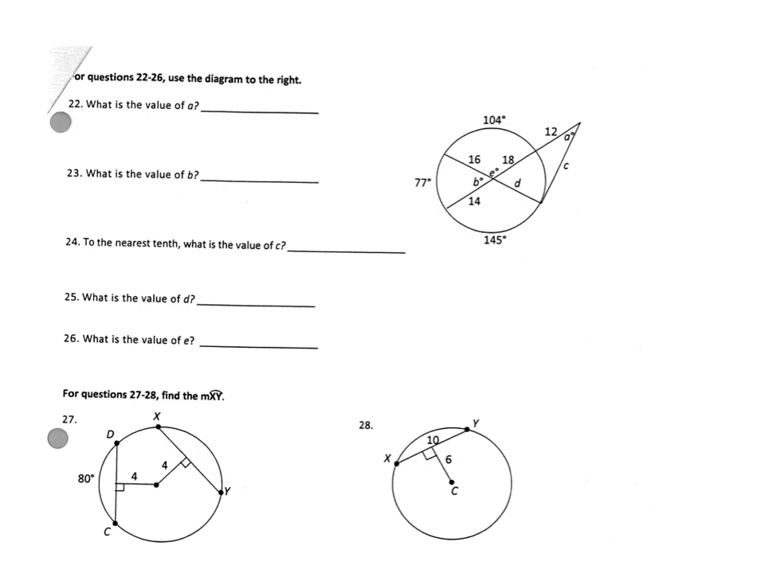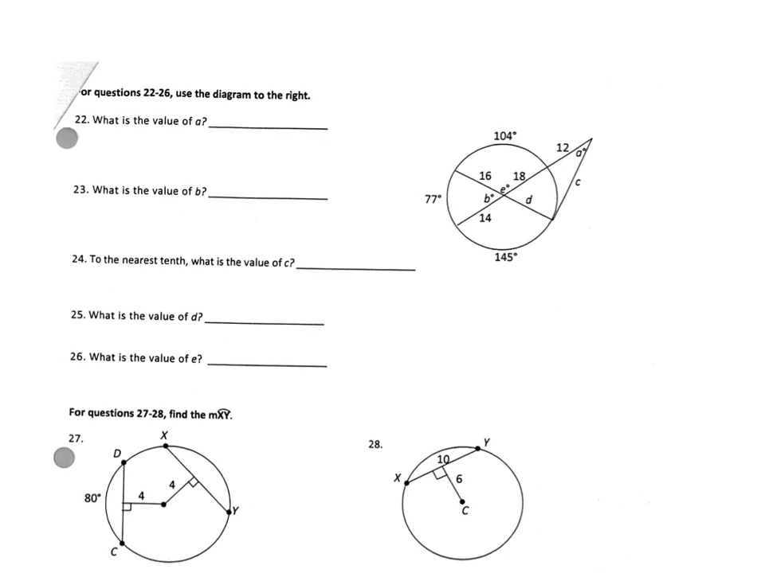Now we're talking 22 through 26 here, and I think one of the key things to remember is that that is not the center of the circle, not the center of the circle. So keep that in mind as you're doing this. So when I'm looking at finding A, this is an angle that's on the outside